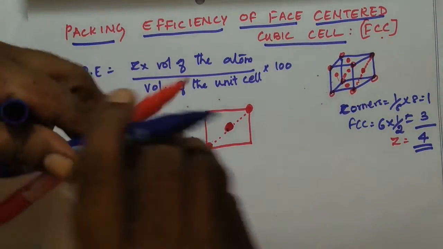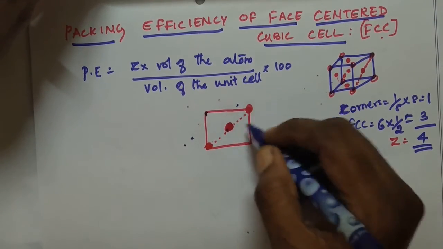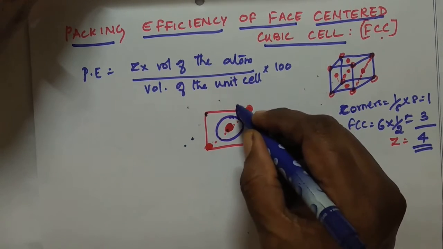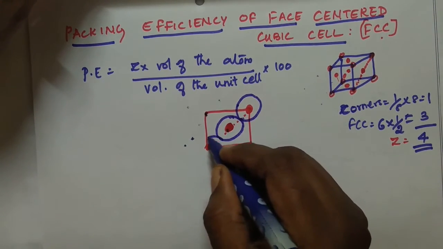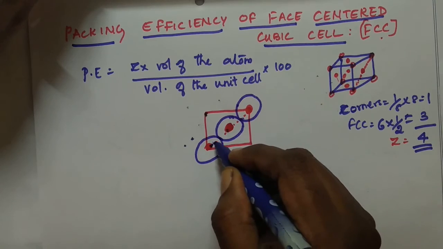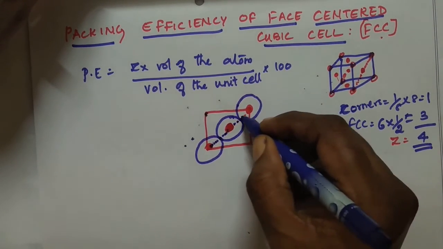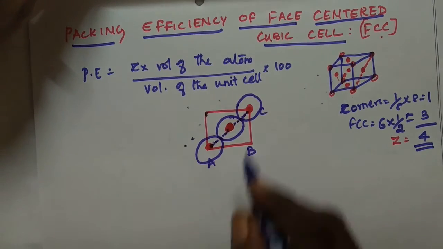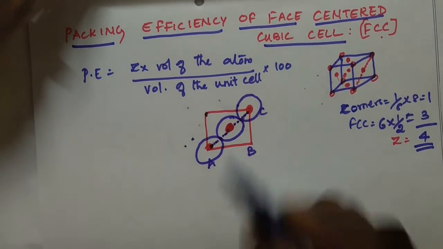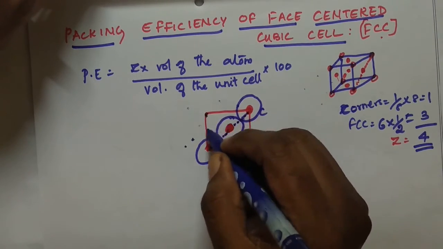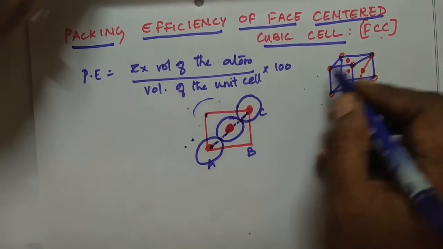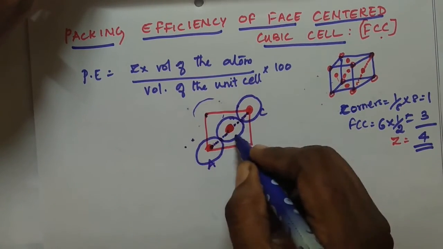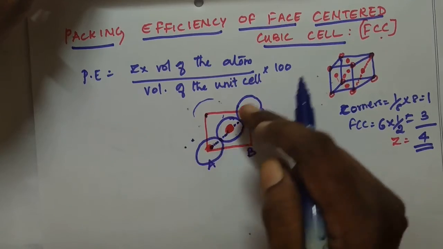Let us draw the atom with its radius also, so that for this it's going to be 1 fully, and for this it's going to be half. This is R, this is another R, this is another R, this is another R. Let me name this triangle as ABC. And the other 4 atoms are going to be here, of course you will have them, but we are taking only this part.